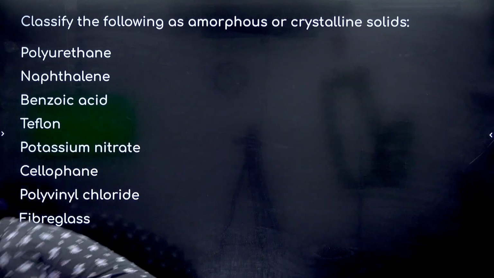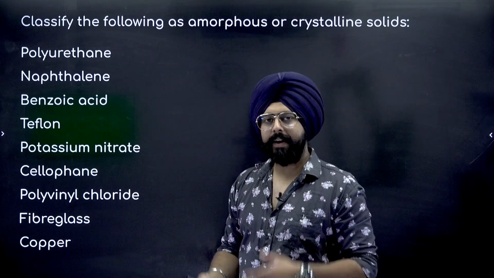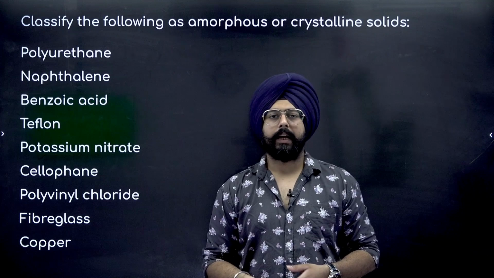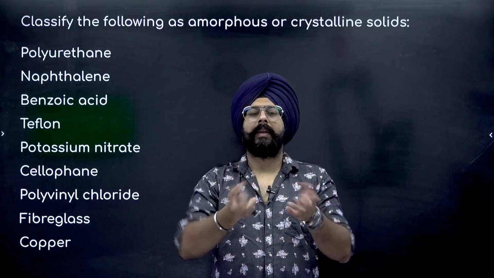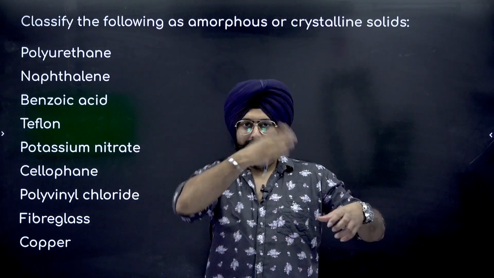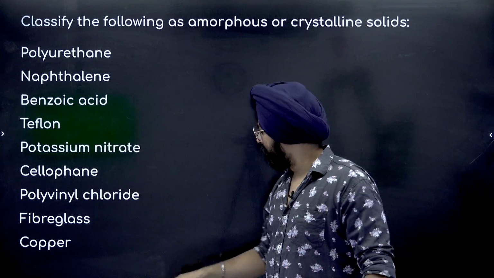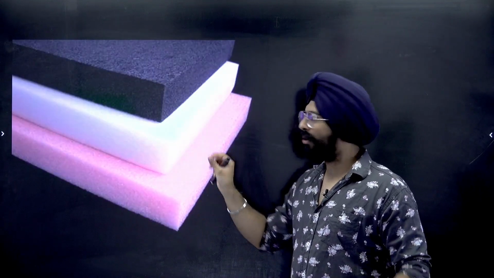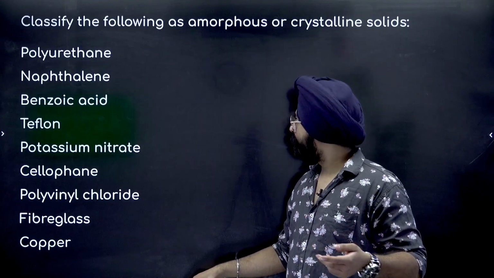So foam is made out of a polymer called polyurethane, okay? And the easiest way to imagine whether something is amorphous or crystalline is that amorphous solids tend to be a little softer. They break easily, and when you break them, they have very irregular shapes. Polyurethane is amorphous in nature. I have some images of it over here as well. Okay? Soft. So crystalline solids would tend to be hard, isn't it?